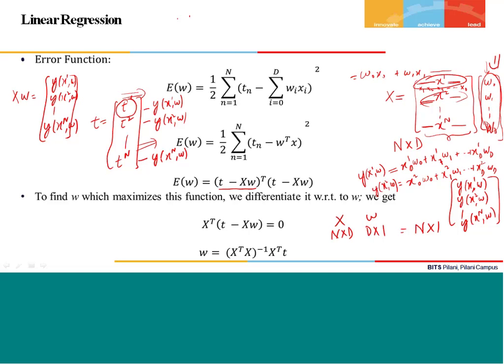I get all the differences in a vector form. Now if these are the differences in a vector form, I am transposing it. What do I mean by transposing it? For example, this is x1, x2, x3. If I transpose it, I will get x1, x2, x3 as a row, right? So this is a transpose. And if I multiply this transpose with the actual vector x1, x2, x3 again,